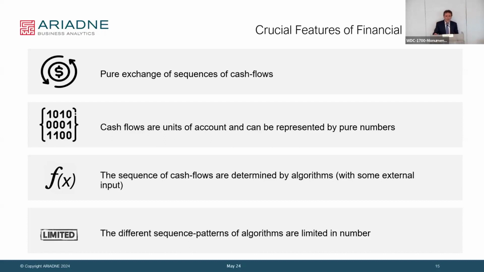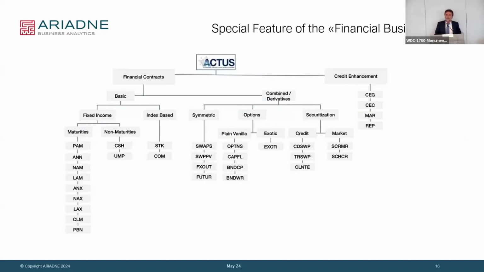And the final beauty is there are very few. It's a limited number of exchanges which make up almost everything. You can always create a new one, a crazy one, for sure. But what is relevant, if you look at it in the reality of notional, I think about 60 to 70% is a handful of contract types, half a dozen, I say. That's all. And in ACTUS, we have 32 defined, so to get the crazy ones quite far. So these are the contract types ACTUS has created here.